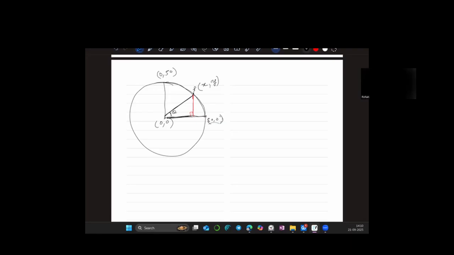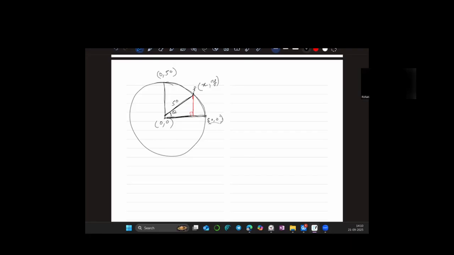Also, keep in mind that we know the value of the hypotenuse. This is 50 because these three lines are the same thing. These are all the radius. So all three of them are the radius, and we already know the value of the radius, which is 50. So given this information, if you want to figure out the values of the x and y coordinate,